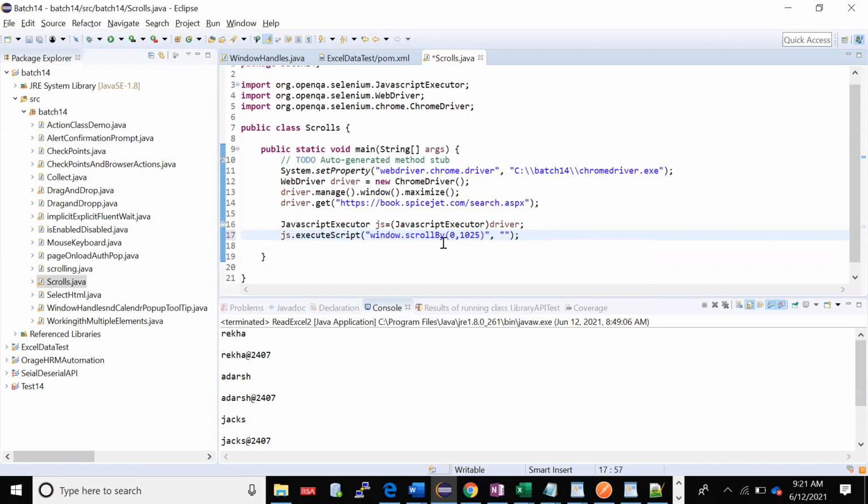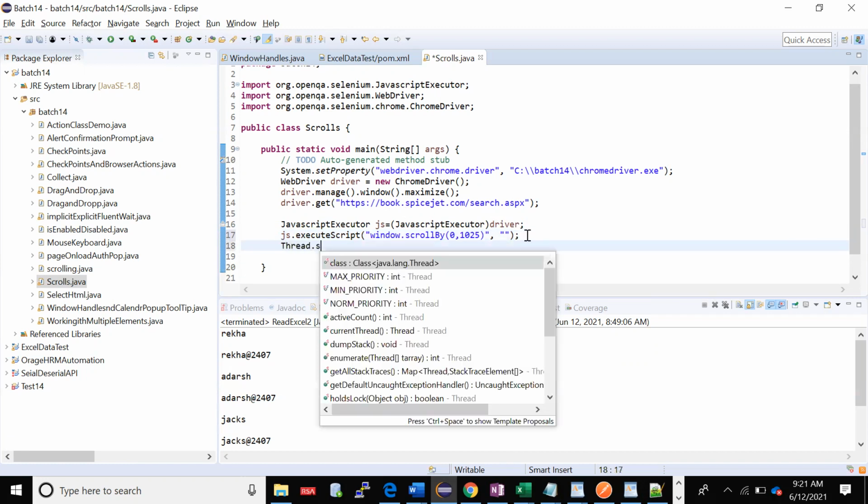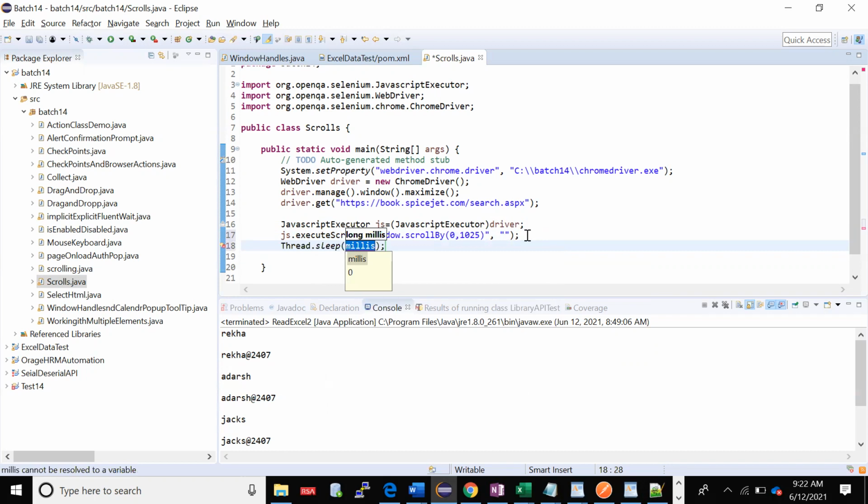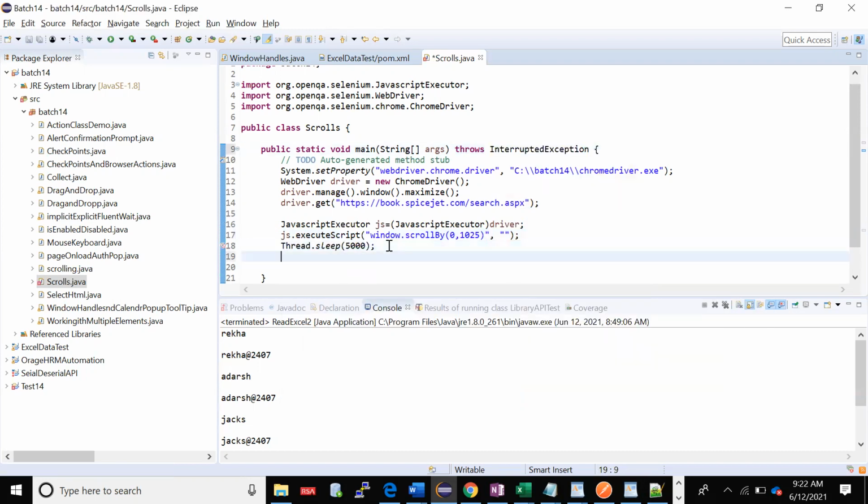Okay. Now I have told my JavaScript Executor to scroll. We'll see if it works or not. Then I'll give Thread.sleep. I'll tell it to sleep for 5 seconds. I'll handle the exception. Then driver.quit.